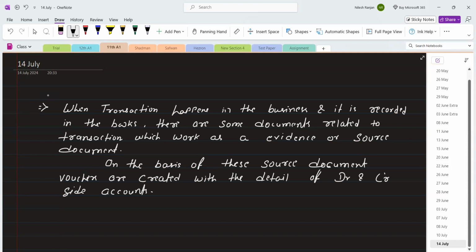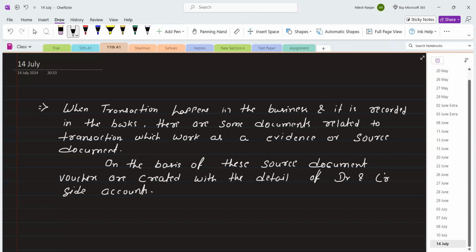Sometimes the question arises: what is a source document then? Actually, a source document is also a type of voucher. On the basis of source document, we create a genuine voucher that is called an accounting voucher. In that voucher, we write the details of the debit and credit accounts, because for every transaction,